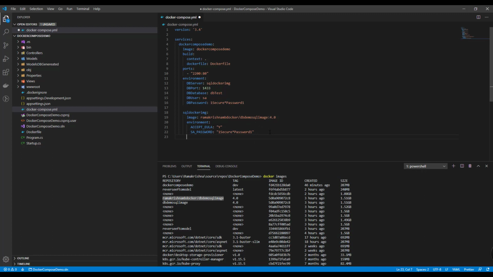Now we need to give the ports to access. Both internal and external port will be 1433.